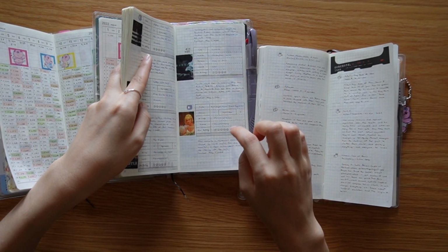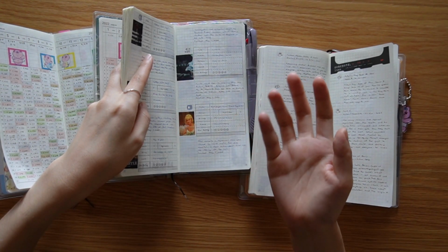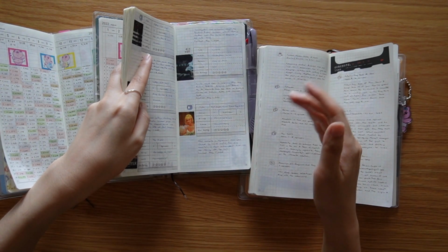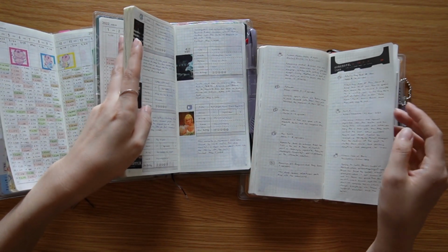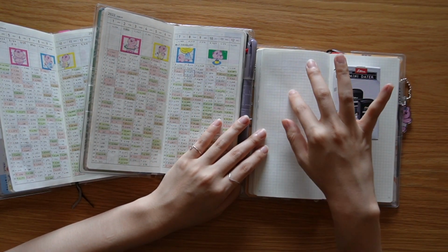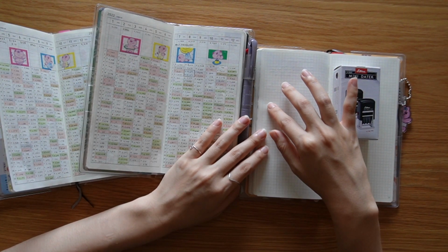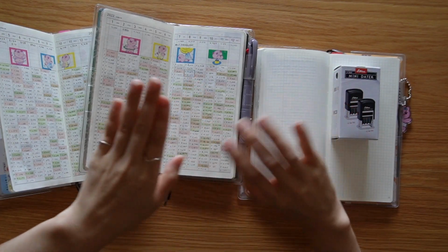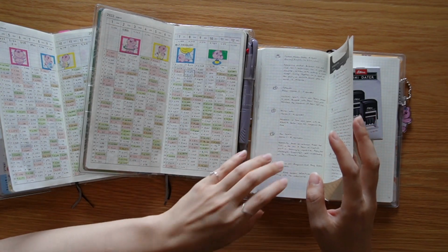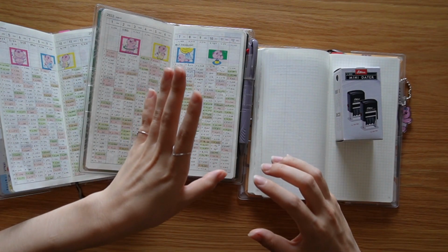But anyways, I actually like writing about the movie or show or book that I read, just copying it down. I know it takes space, but I just like it. And maybe I will do what I talked about before, dating it, and then having the movie description here, and then maybe even drawing something from the movie that I liked. So it's a mashup of what I had before, but not getting rid of it completely. I think that's a good way for me to incorporate something new without removing something completely,